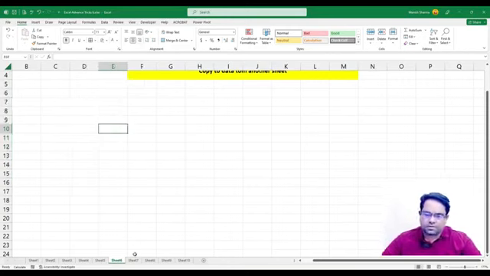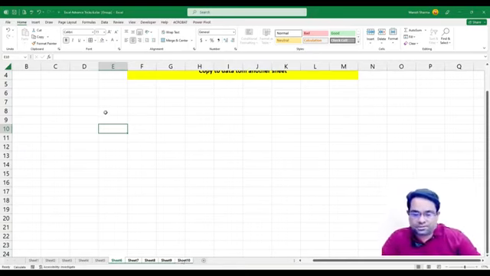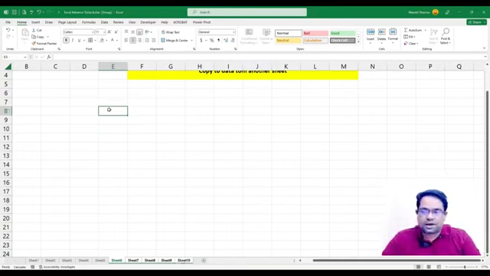Now what I am going to write here must be copied automatically in sheet number 7, sheet number 8, sheet number 9 and sheet number 10. What you have to do? First you have to Control-select sheet number 7, sheet number 8, sheet number 9, sheet number 10. You go on. Now start to work like